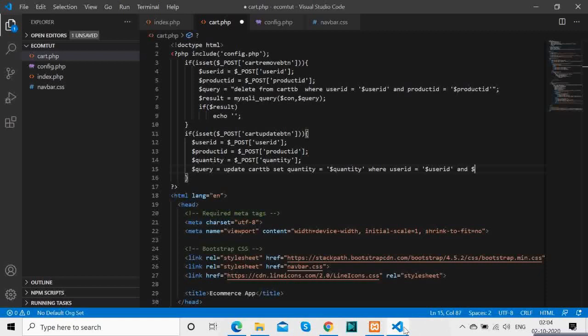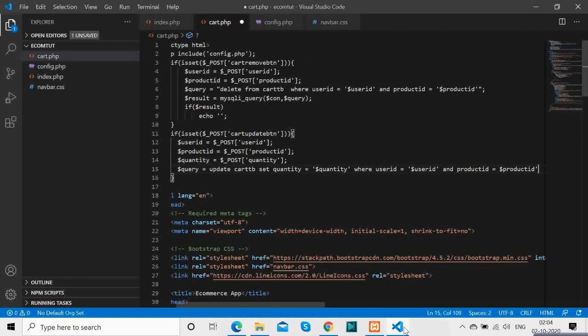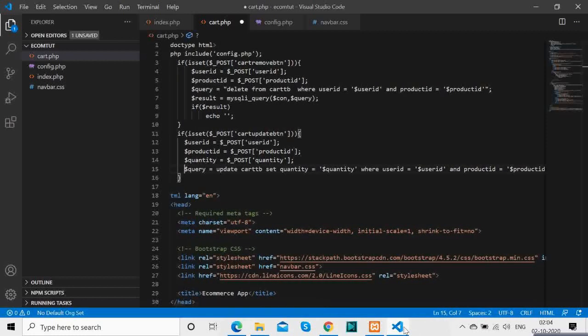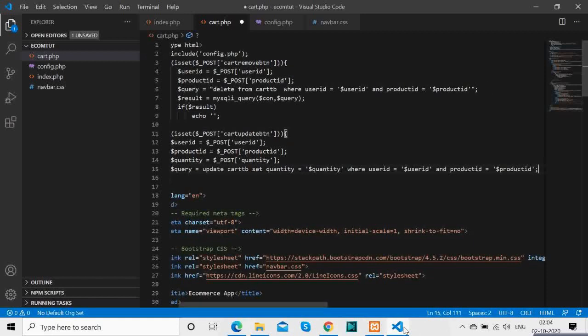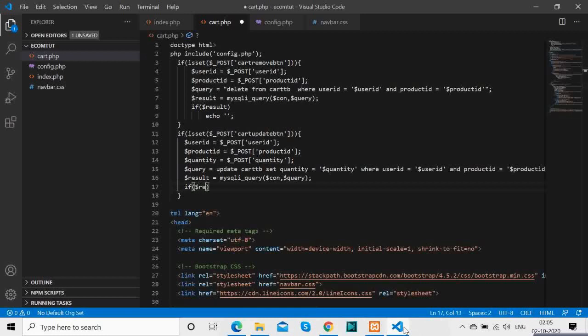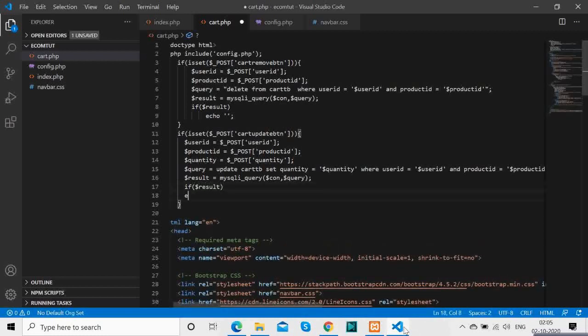So basically we are updating that, okay. So basically I'm going through a little bit of trial and error because there was some problem with the query earlier, okay. The logic has been a little bit changed since we have added the column in the cart table as quantity, okay. So for that we rewrote this, and you get an idea of what it is actually. First, if that button is clicked, we are fetching those things from the form, we are running the query, and